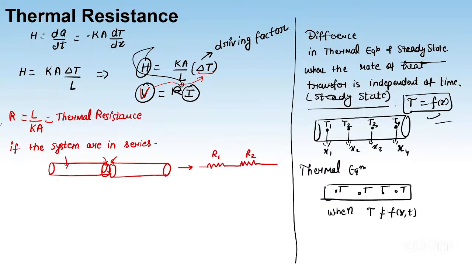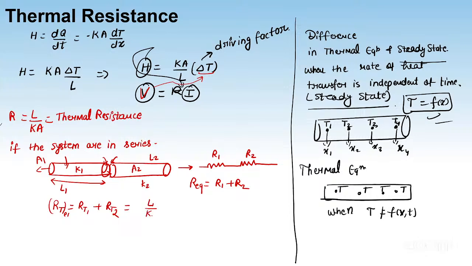Let's say the length of this rod is L1, area of cross section is A1, and thermal conductivity is K1. For this rod, it is L2, A2, and K2. So R equivalent will be given by R1 plus R2. तो यहाँ पे thermal resistance equivalent is given by RT1 plus RT2. अब RT1 क्या है? L1 upon K1A1 plus L2 upon K2A2